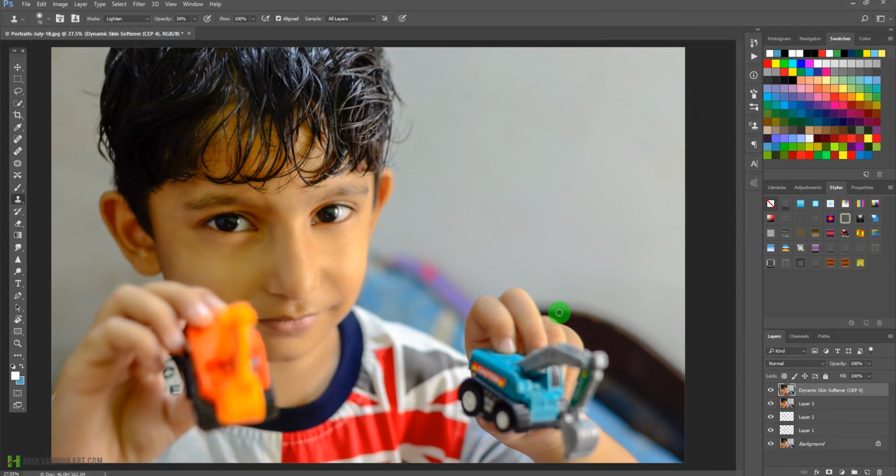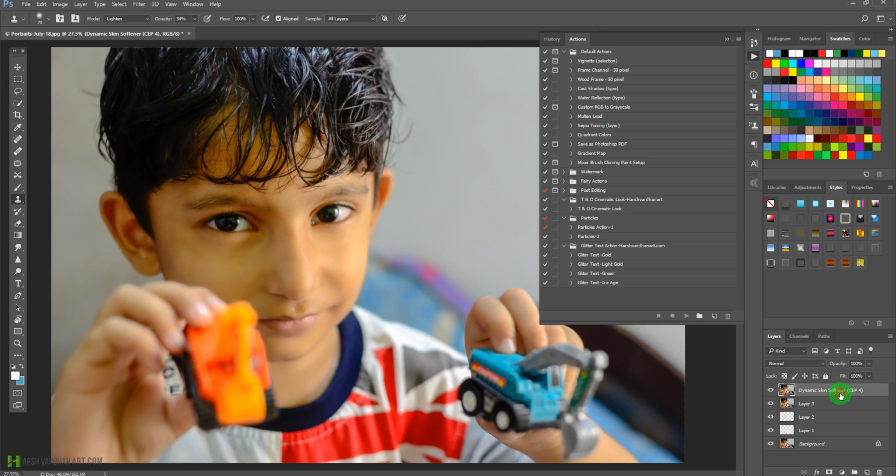now we are going to apply my cinematic look to this image, and for that purpose I'm going to use my cinematic Photoshop action. So for that purpose I will come over here, and first of all I will select all the layers and merge them together by pressing Ctrl A, and that's going to create a background. Okay, and for using this cinematic action you have to use the background. So I will come over here on the actions panel, select this T and O cinematic look and press the play button, and it's going to create all these